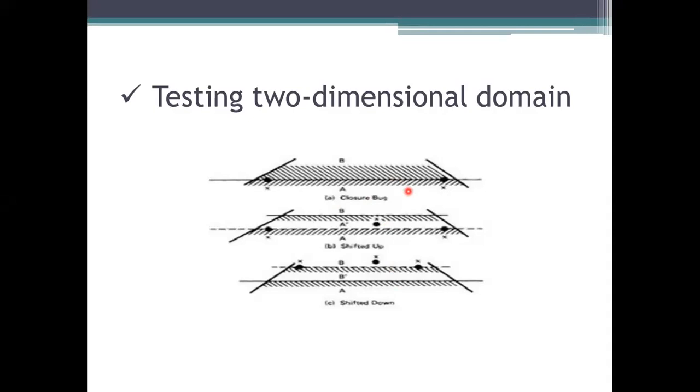Means we are taking the wrong operator for processing here. In the previous set, we intended to use greater than, but what we are doing is using greater than or equals to for processing. If you are using the second one, that is a shifted boundary, which is shifted up and shifted down. So here the bug we are representing will convert the domain B into the processing A, and will be denoted by another representation.